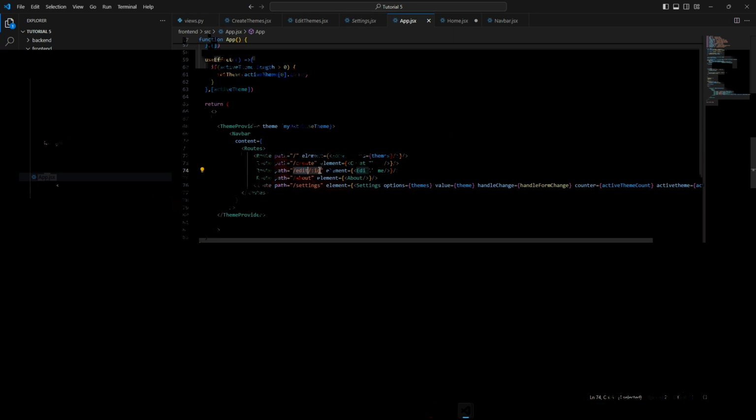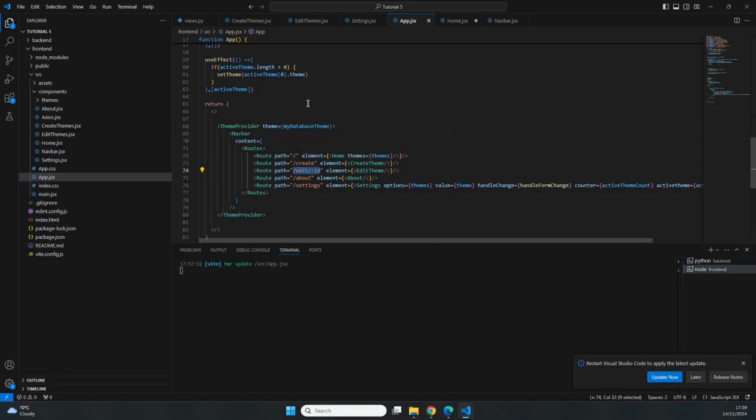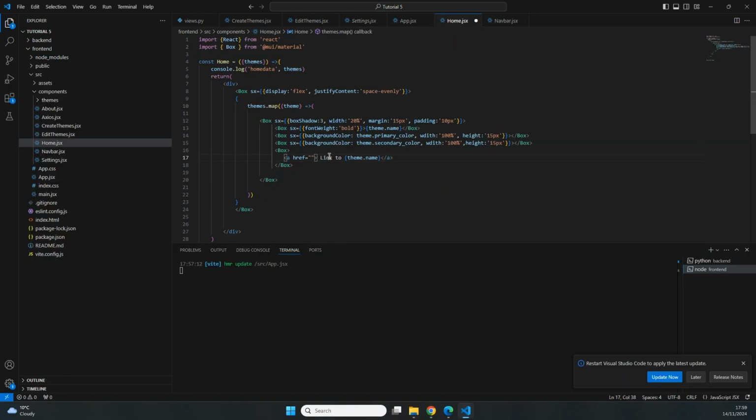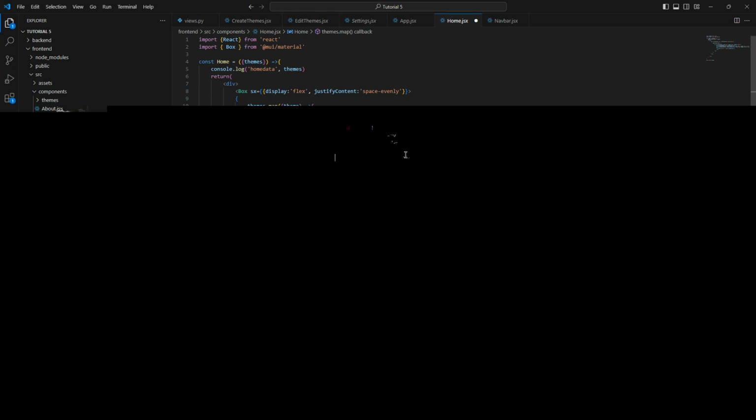So let's just copy this over so that we have it and go to the home.jsx file and paste it in. But this ID we can pass in through the theme.id field. So we need to get the theme.id inside of this link. So to do that, we can add a $ sign right here and then some curly brackets. And in there we specify